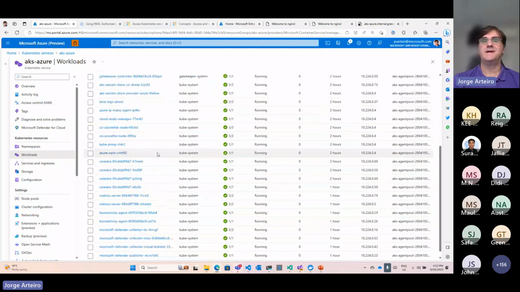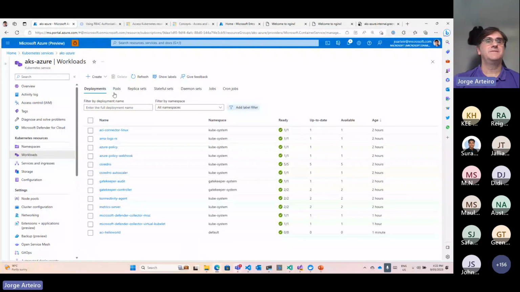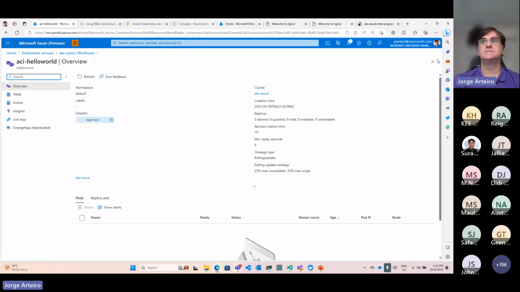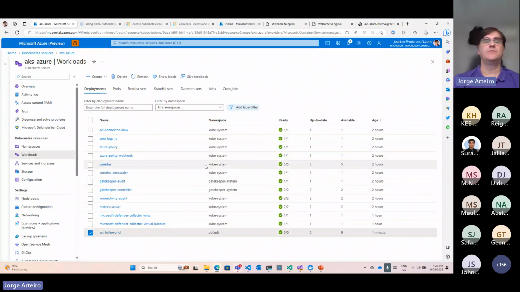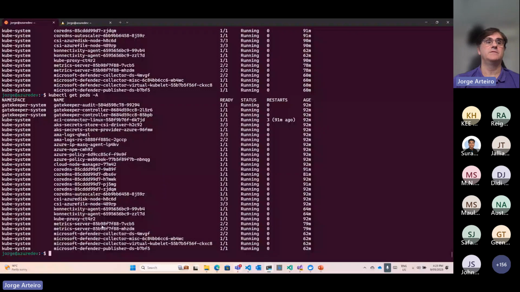Yeah, I don't think I set the connection here, sorry. I have to enable it properly. I have to give access to my ACI from here, but what it's going to do, it created the ACI deployment here, and it's going to run, not here, it's going to run on Azure Container Instance. But that deployment came from my command line when I ran the command. That's how Kubernetes works, that from the command line, you run your deployment from here.